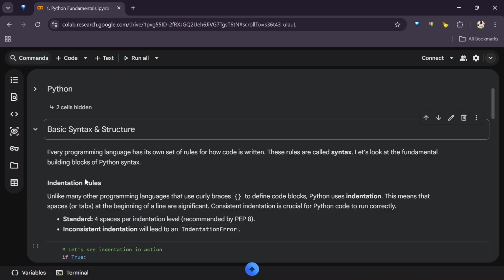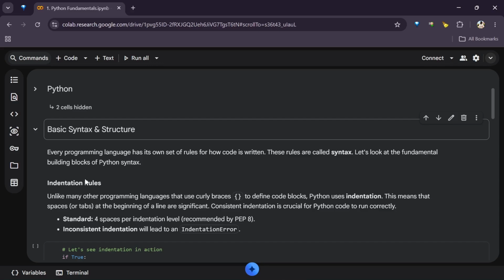For SQL, we don't have curly brackets, but we find parentheses and semicolons. But Python doesn't use any of this. You won't find semicolons in Python. You won't find curly brackets. You won't find parentheses. Well, you definitely will, but they're not used as much.